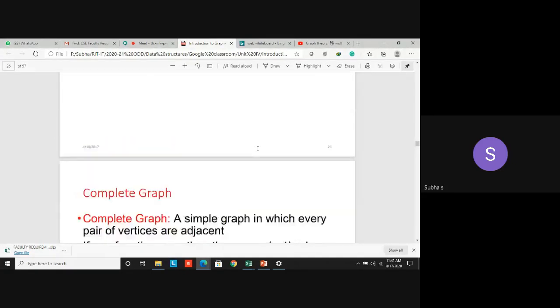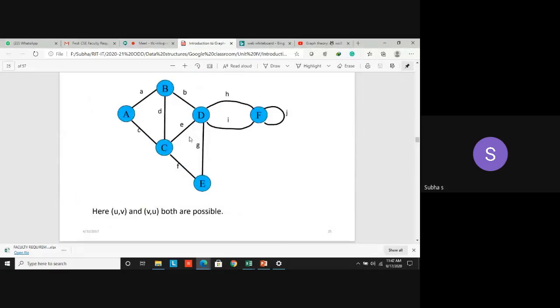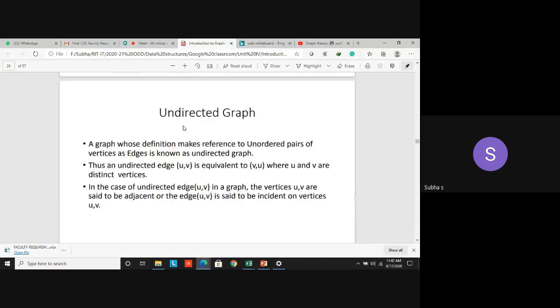So if I have direction, then that is called a directed graph. We have seen this yesterday itself. If there is an arrow mark from A to B, it means through the edge small a, I am starting from vertex A and reaching vertex B. If there is an arrow mark at B, it means there is no path from B to A in a directed graph. That is the difference between undirected and directed graph.